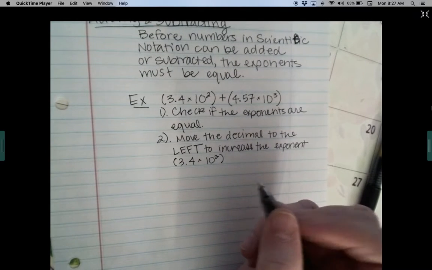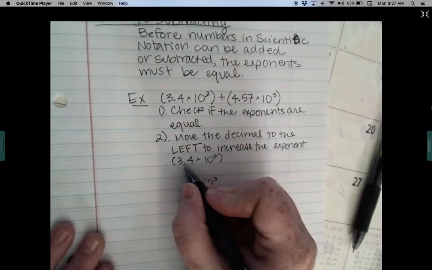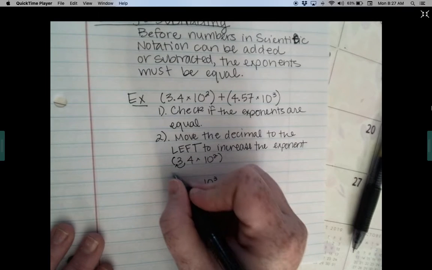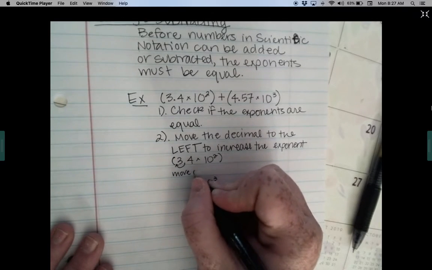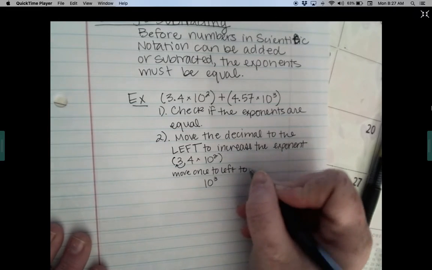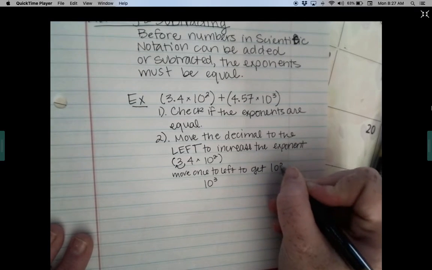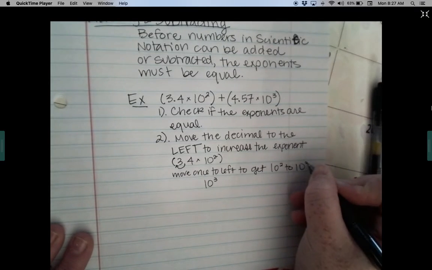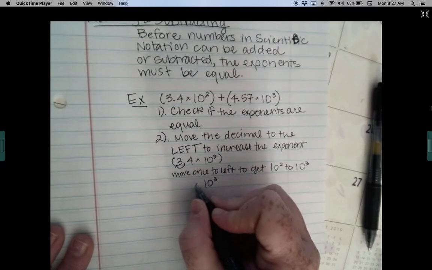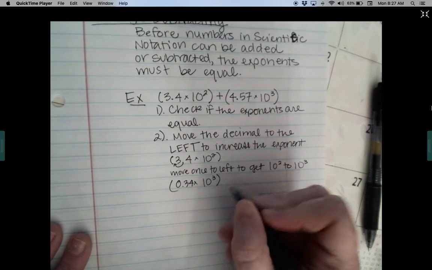If I want to get to 10 to the third power, so they're the same, I'm going to move it once to the left. So now instead of 3.4 times 10 to the second, I have 0.34 times 10 to the third